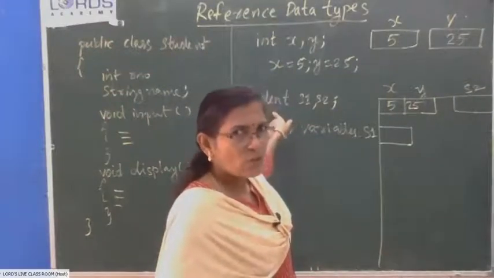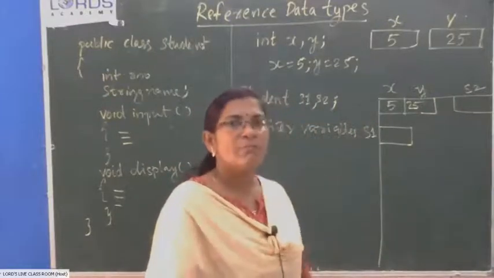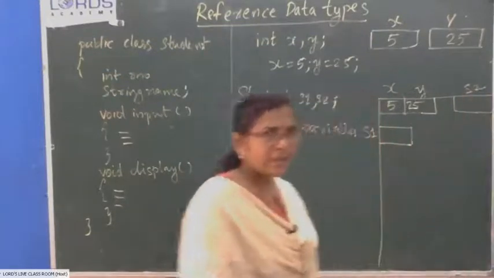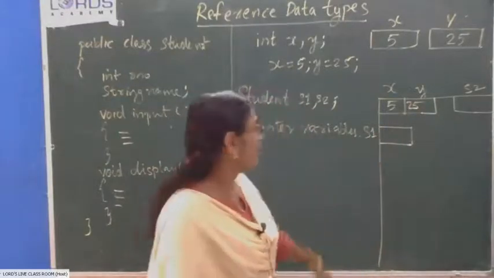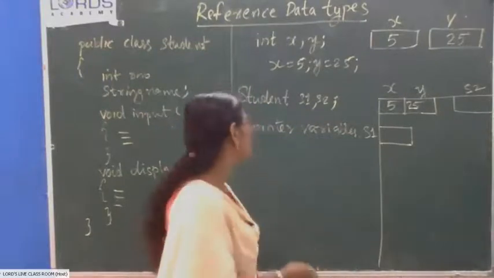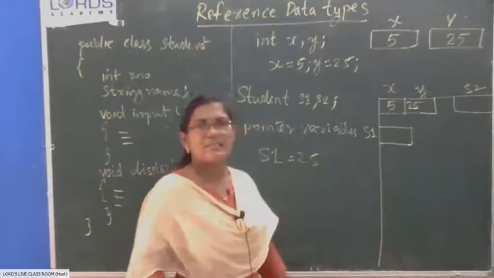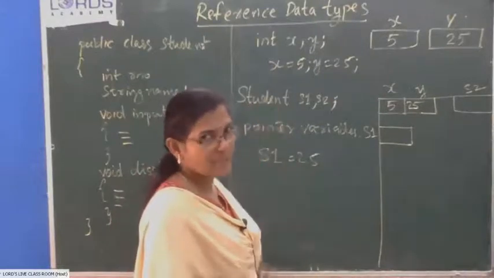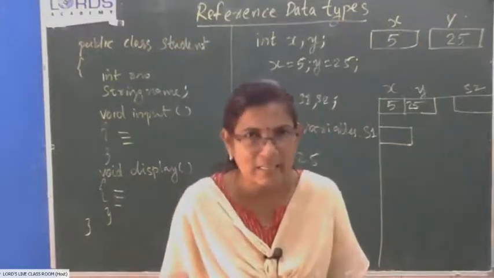Student is a composite data type. For this particular class type, two variables are declared. So in memory, two storage locations of a specific type will be reserved and given the names S1 and S2. And these locations cannot be used for storing any ordinary value. Say S1 equal to 25 is not possible because 25 is an integer value. S1 is of what data type? Class type. So in S1 and S2 you will not be able to store any ordinary data, any primitive data.